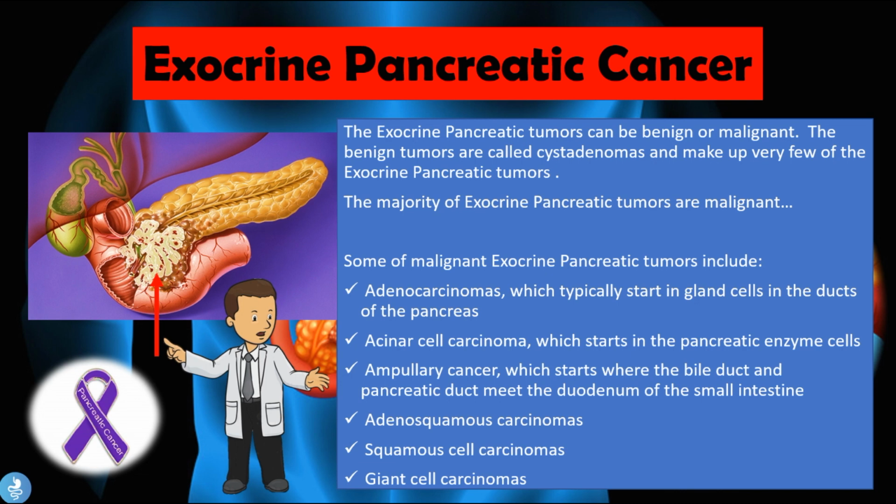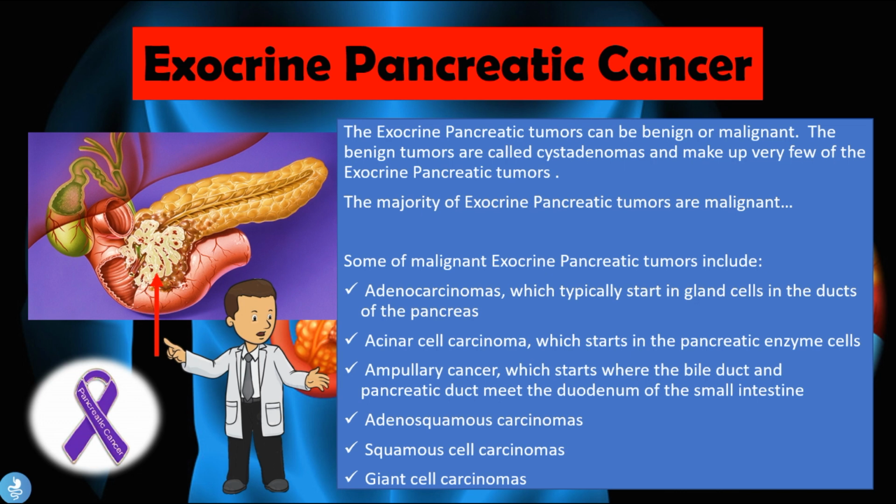So the exocrine pancreatic tumors can be benign or malignant. The benign tumors are also called cystadenomas and make up a very few of the exocrine pancreatic tumors. The majority of the exocrine pancreatic tumors are malignant. Some of the malignant exocrine pancreatic tumors include adenocarcinomas, which typically start in the gland cells in the ducts of